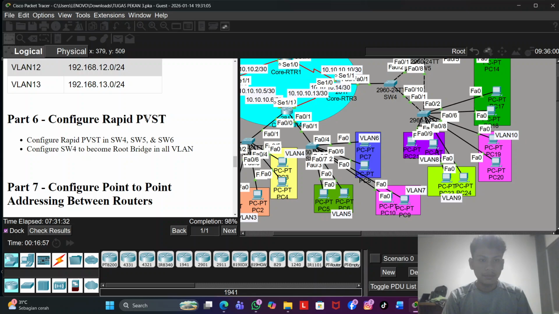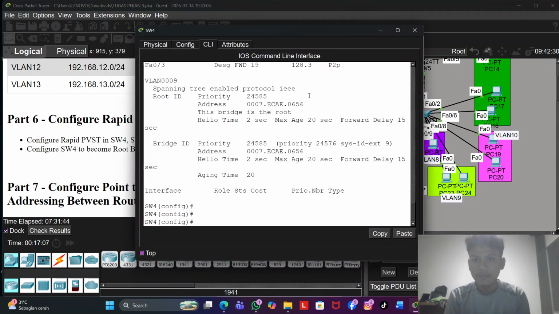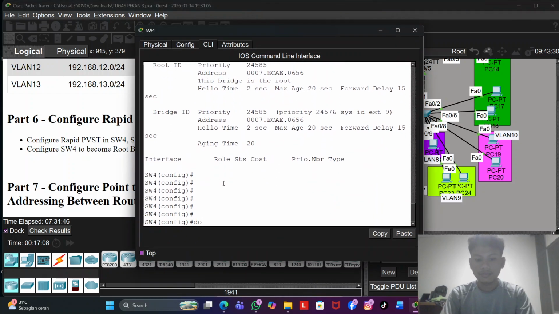Then the rapid PVST, configure rapid PVST in switch 4, 5, and 6. And I have to configure switch 4 to become root bridge in all VLANs. So let's see the root bridge in spanning tree.